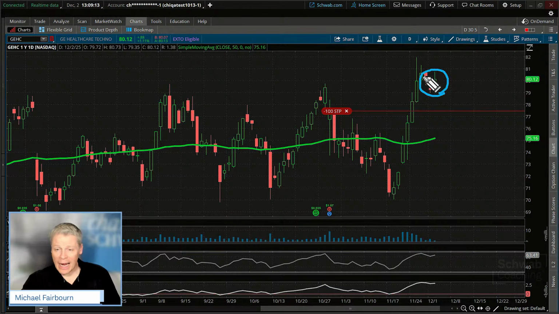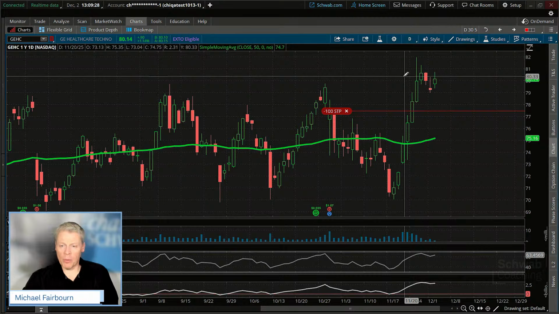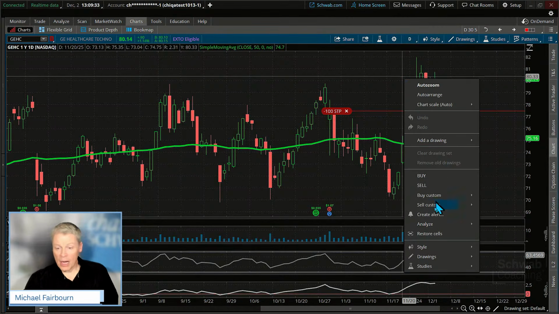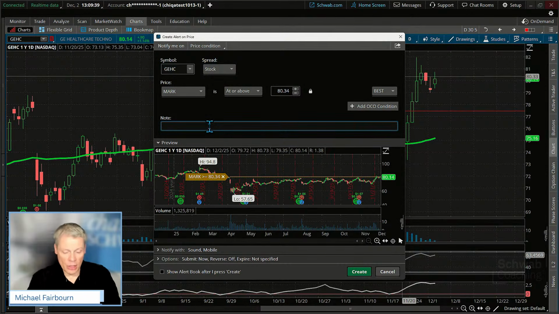If we can close above the high of the low day, that's what some traders will look at as a potential entry point. In that case, we might add another 100 shares in on this. And so what I'm going to do, because you guys know I like to do this, I like to take advantage of some of these capabilities here on the platform. Just right-click right there, and just let me know when we're trading above it. I'm right-clicking and then left-click, create an alert, and I'm just going to say breakout.